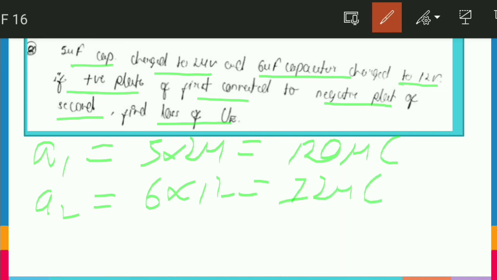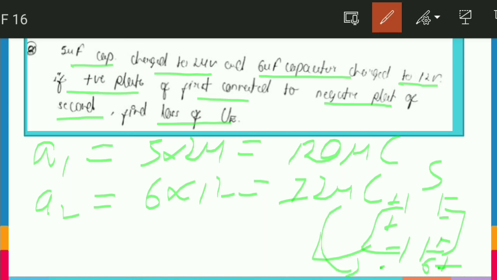Now, according to the question, this is our new connection. This is our 5 microfarad capacitor, this is 6, but the situation is that this is plus, this is minus, and this is minus, and this is plus. Something like this, our new system has been connected. Friends, we have done a similar question before, but in that the positive plates were connected to the same side, and in that case we divide the total charge among the capacitors in the ratio of their capacitance, but that total charge came from the sum.